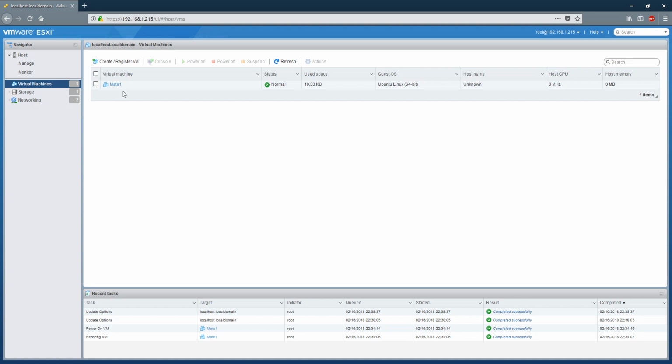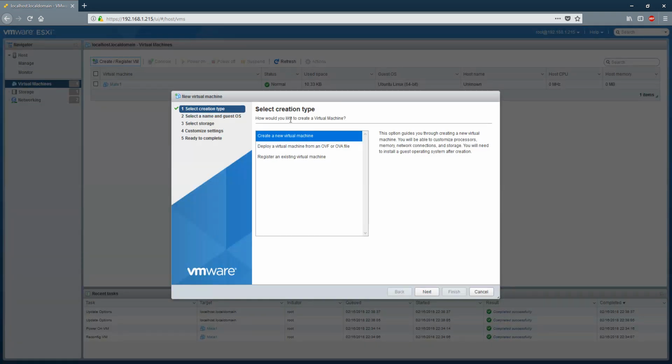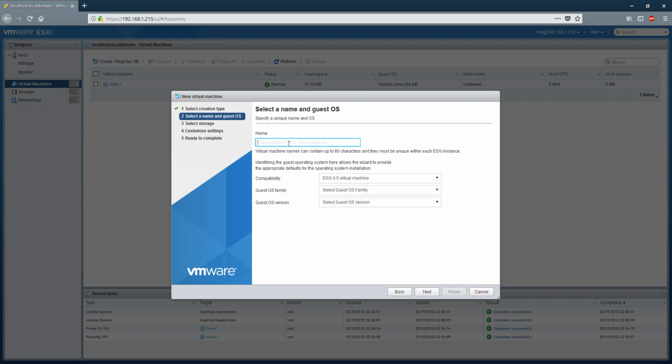And again, this is just VMware ESXi installed on a bare metal machine. This is the only VMware piece of software that I have on that hard drive, so I haven't done anything else. This is just a very basic ESXi installation here. So let's go ahead and create another virtual machine and I'll just call it May2,